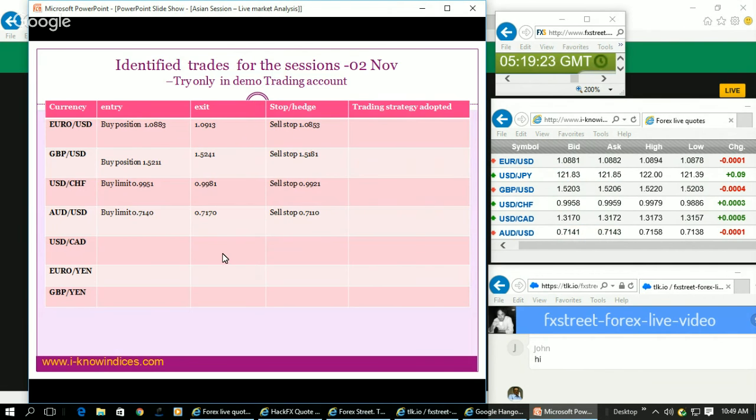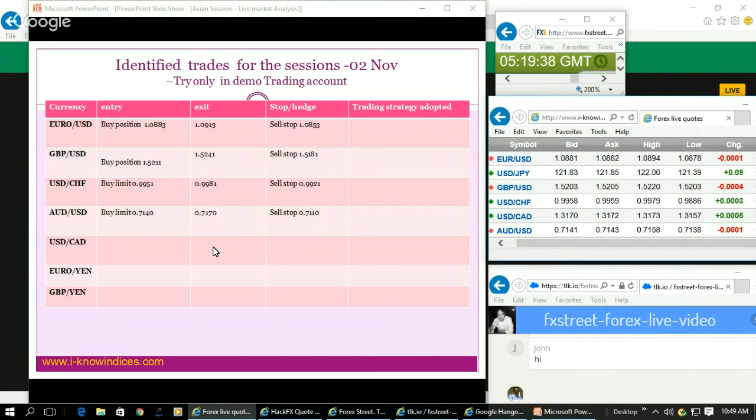So these are all the trades I proposed to do in the demo trading platform. Don't try all the trades, take only one or two positions and make sure you don't overtrade by taking too many positions, and also try to limit the risk using the hedging order. And if the hedging order facility is not available in the platform, try to use the stop. Don't try to convert it into a high risk trade, because when they make a whipsaw move in the market,